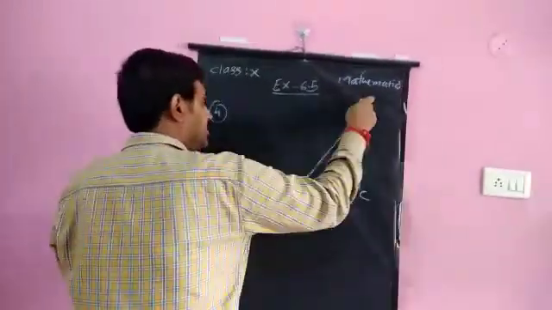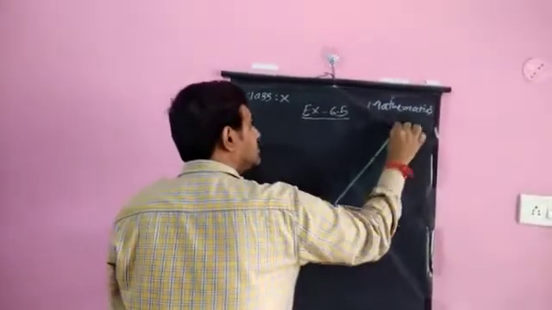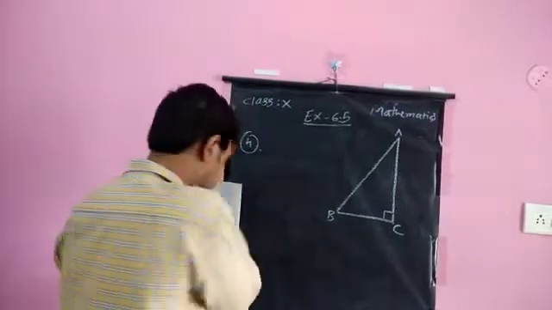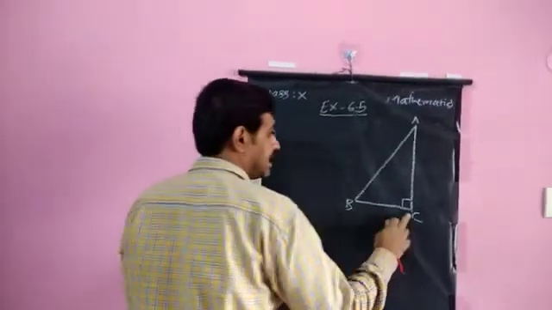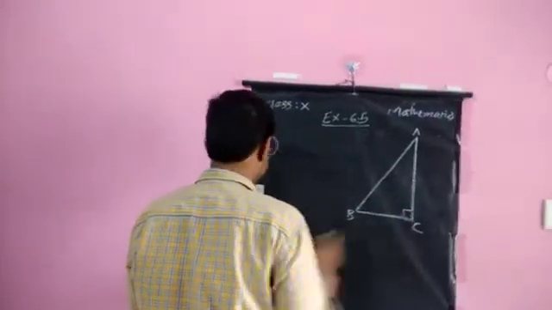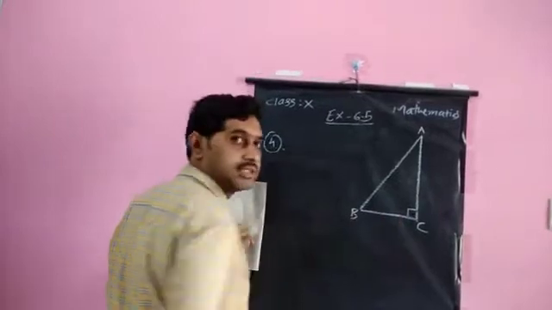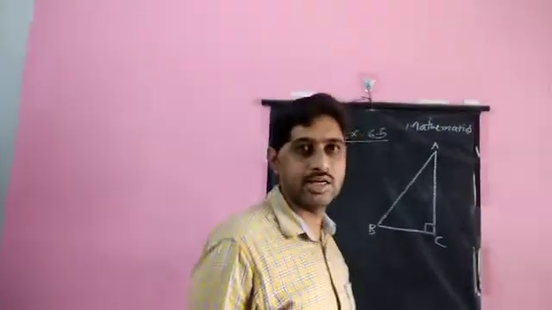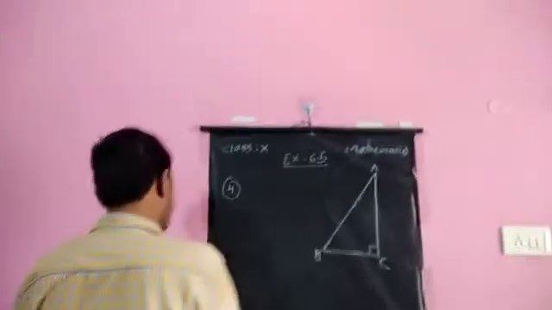if I take this as angle C, you can take this or this as A or B, it is up to you. ABC is an isosceles triangle, they are saying, right-angled at C. So this is a right angle, but this is an isosceles triangle. An isosceles triangle is a triangle in which any two sides are equal. This is an isosceles right triangle.